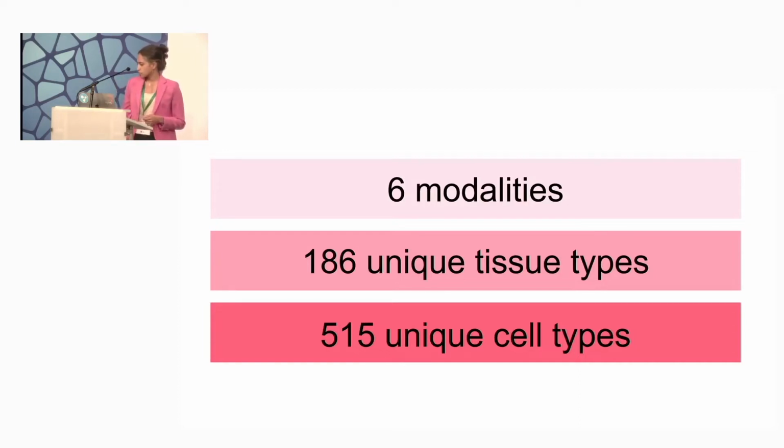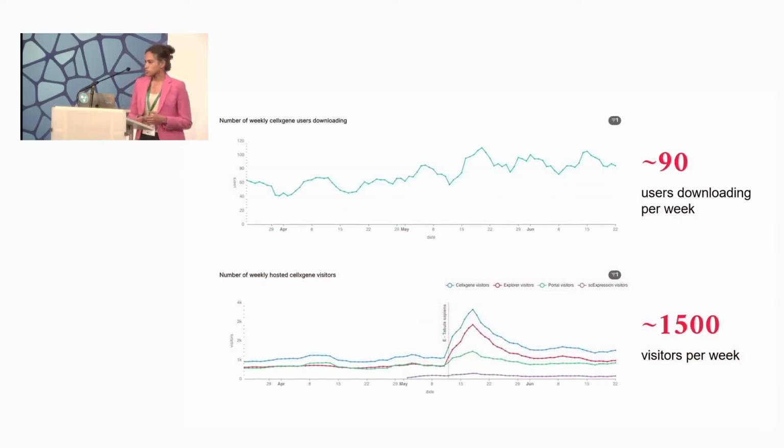And then to give you a little sense of our current user volume, we see about 90 unique visitors who are downloading data sets, about 300 to 400 data sets each week, and we have about 1,500 visitors to any part of the Cell by Gene portal today. And if you're interested in visiting the portal yourself, you can go to